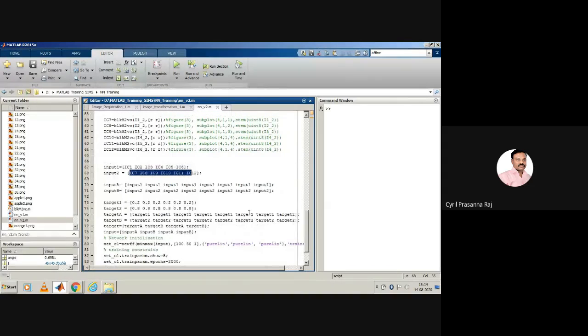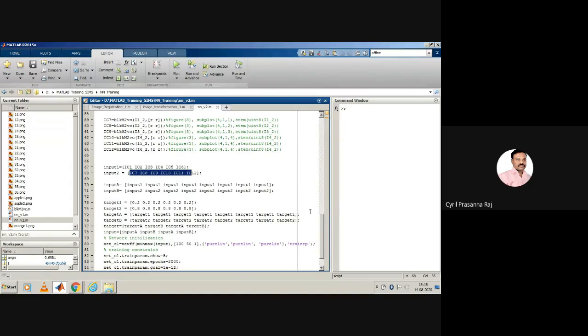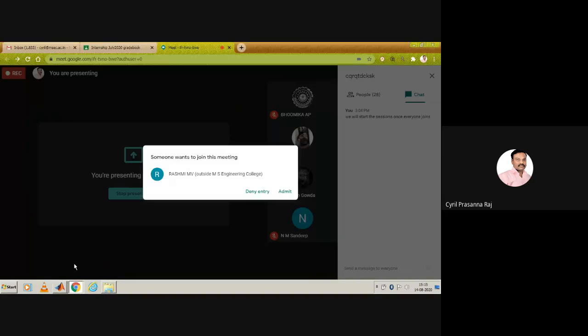Then I'm setting a target of 0.2. If your input is number one, the output is 0.2, and if your input is 3, the output is 0.8. The target is also replicated so that it matches the number of inputs. If I apply input 1, it should give me target 1; input 2, target 1, again 0.2, 0.2, 0.2, and so on. Then target B is target 2, because target 2 is 0.8 and refers to number 3.